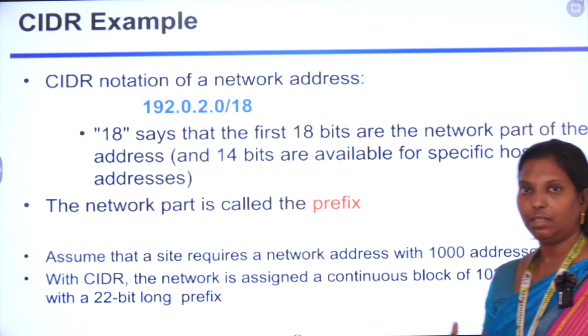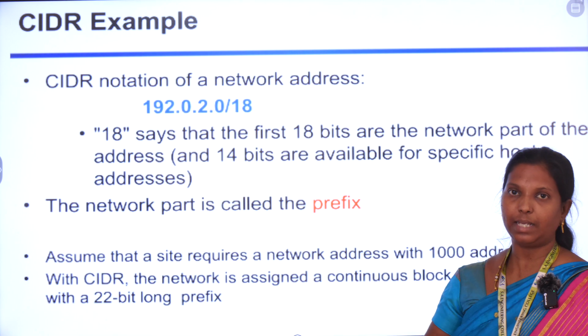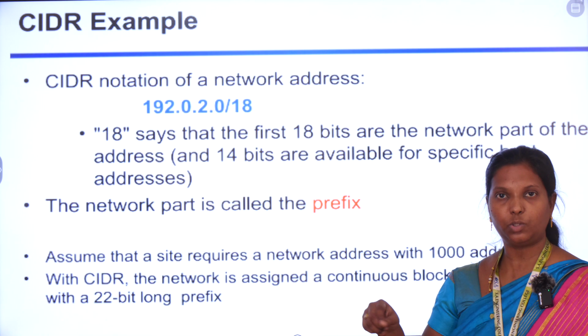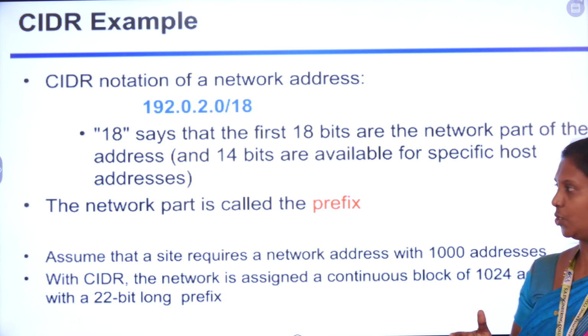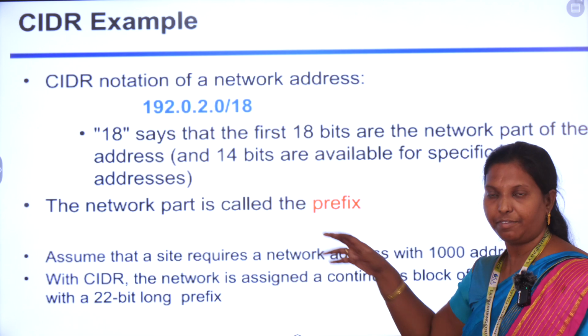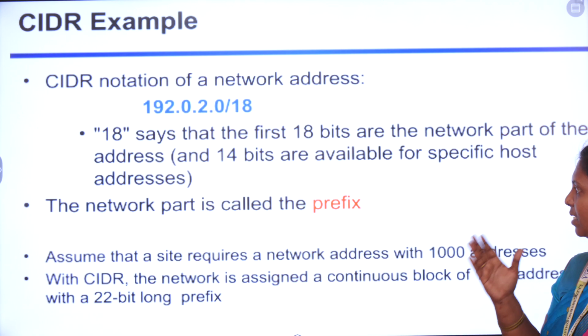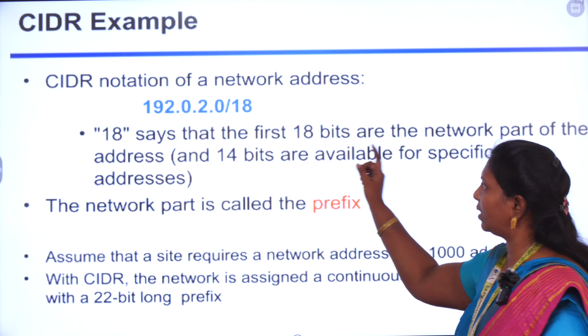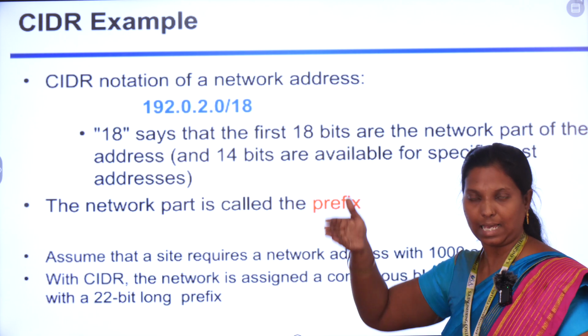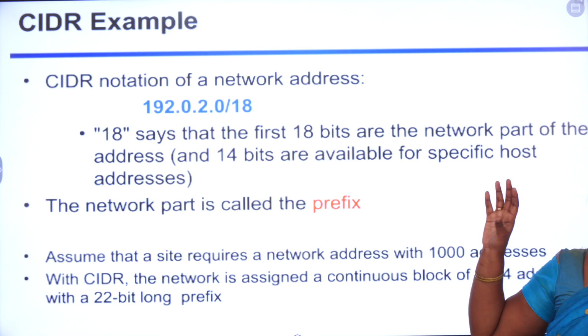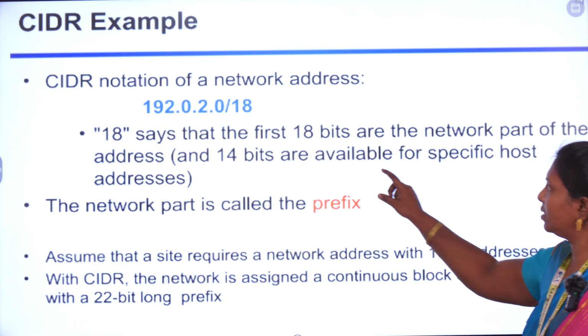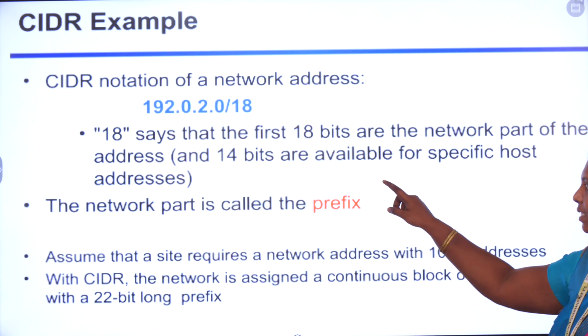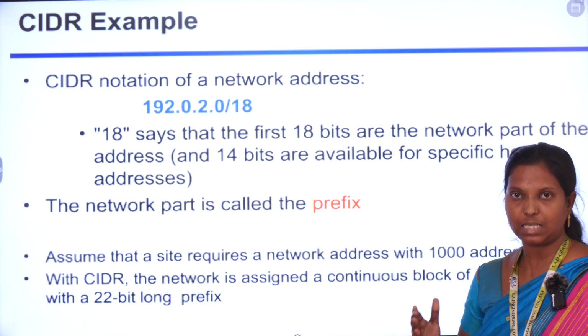Through the routing table, we can target the IP addresses, and that is controlled through CIDR. Here, with CIDR, the network address is given like /18. This specifies that the first 18 bits are the network part of the address and the remaining 14 bits are